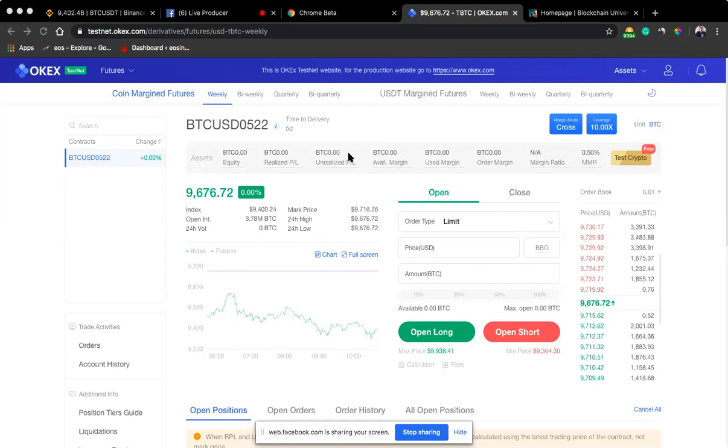And guess what, guys? You can actually make a cool amount of money. You can actually raise money over time with